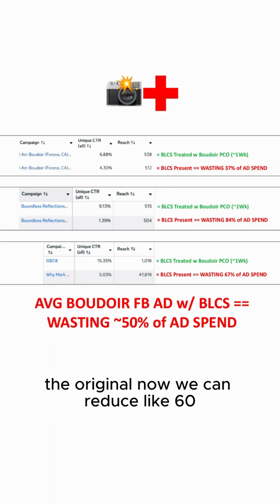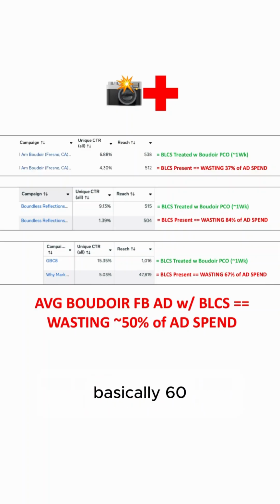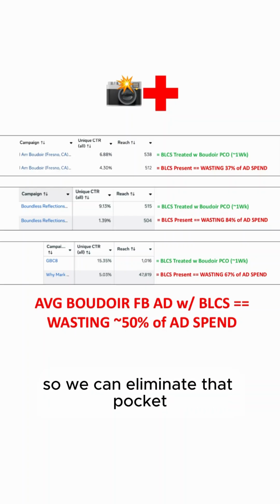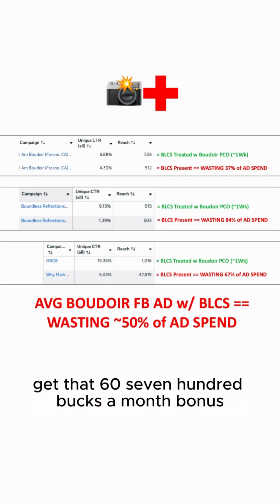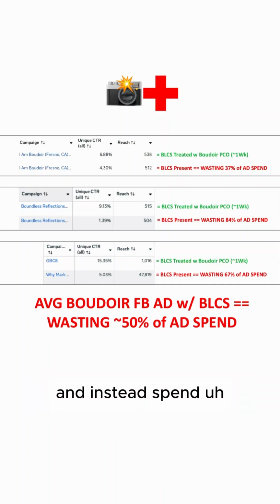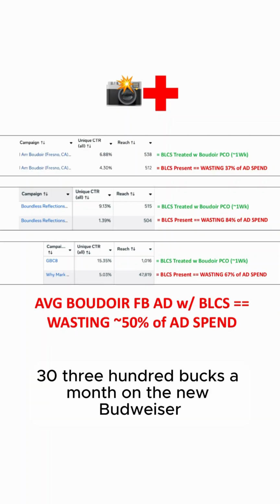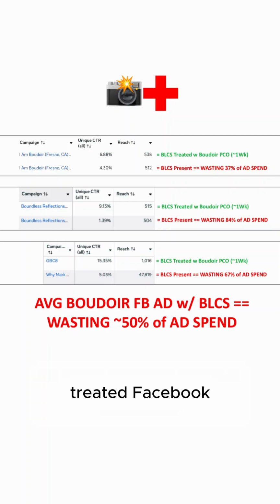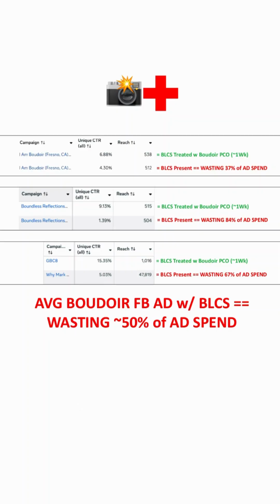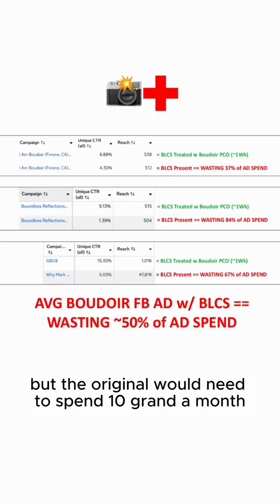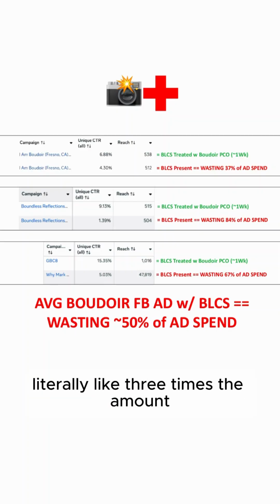Now we can reduce, basically 6,700 bucks a month is being wasted. So we can eliminate that, pocket that, simply not spend it, get that 6,700 bucks a month bonus, and instead spend 3,300 bucks a month on the new Boudoir Pico treated Facebook ad, and get that ad into the same number of women's brains as the original. But the original would need to spend 10 grand a month, literally like 3 times the amount as the Boudoir